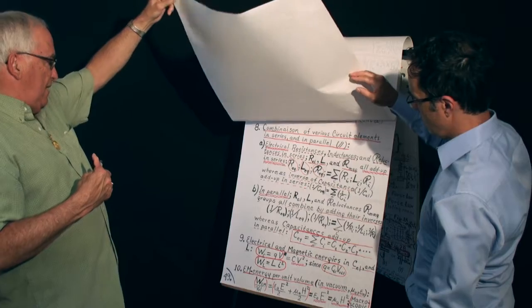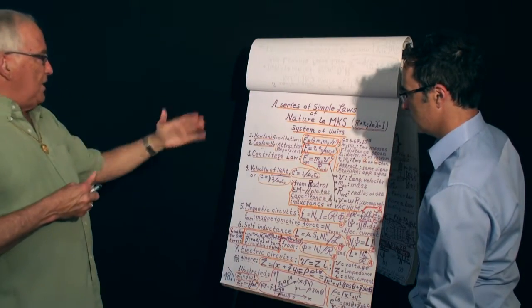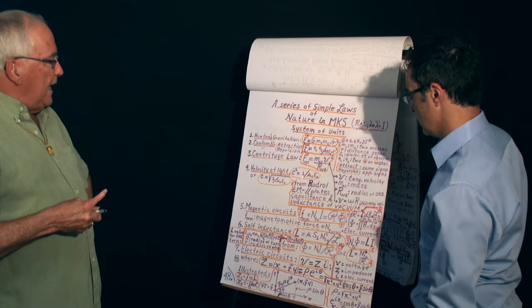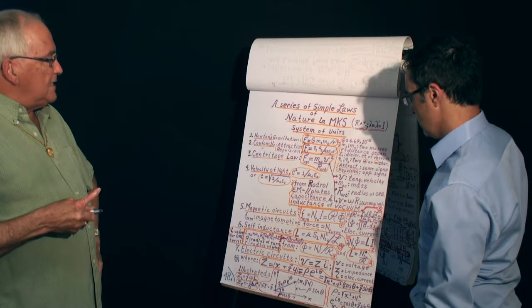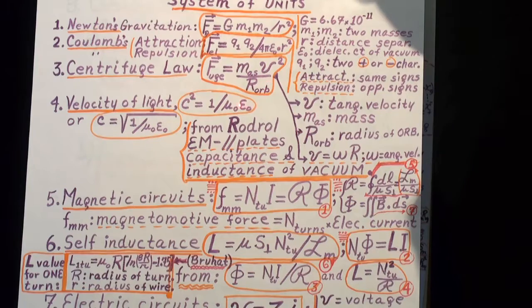Maybe we have this later on, but I'm going to go quickly now here. V is tangential speed here, mass, R orbit is the radius of the orbit. Tangential speed is what we call angular speed multiplied by radius. Okay, so these are the definition of angular speed. And the inductance of vacuum,